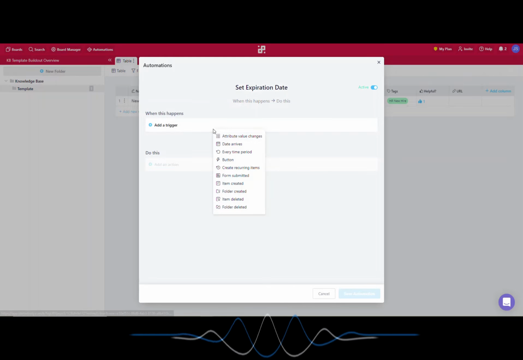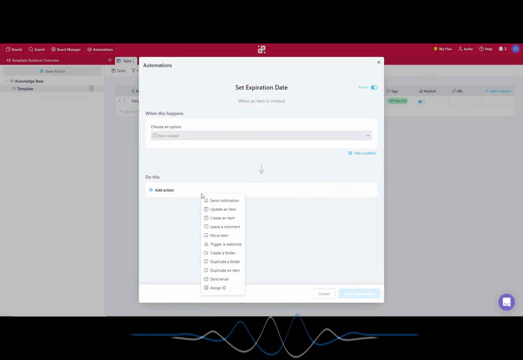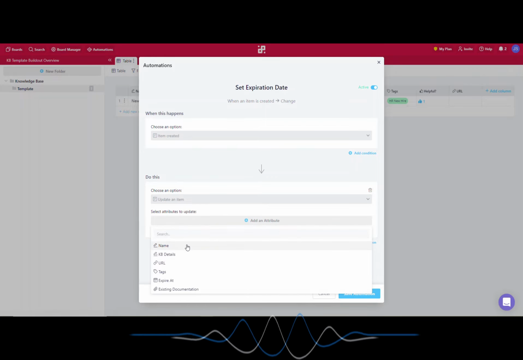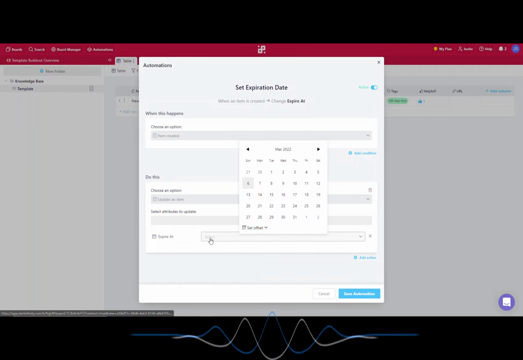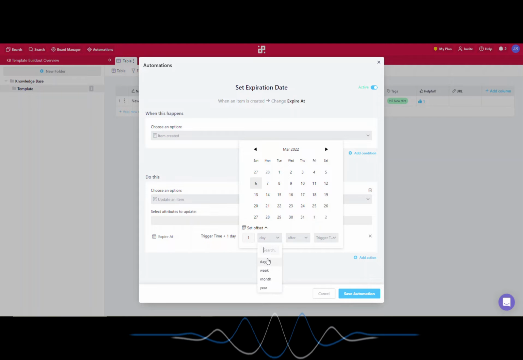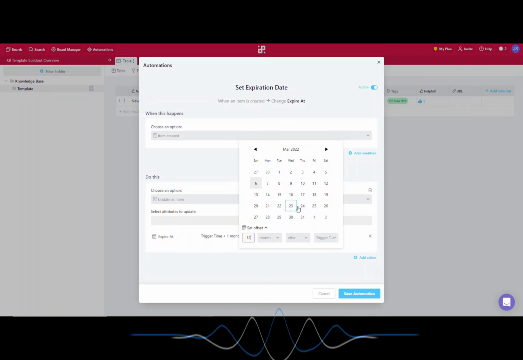So let's say set expiration date when a new item is created. Then we're going to say do this action, update an item, and set our expire at date with an offset of maybe 1 month. This is way too short in my humble opinion. We could say, once an article is created, it's going to live for 12 months. After 12 months, it's going to expire and fall off our list,